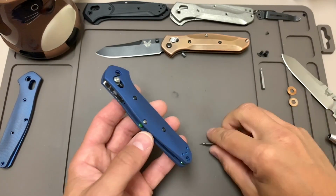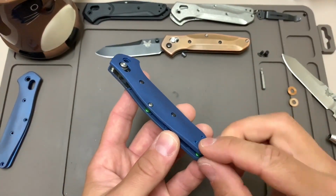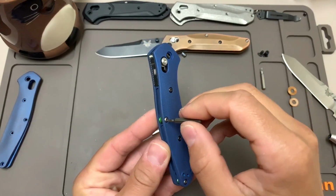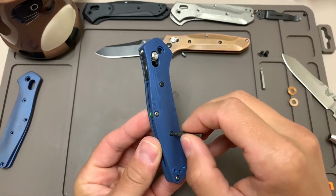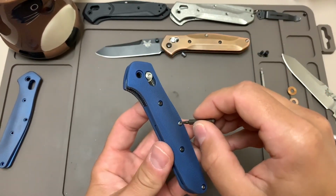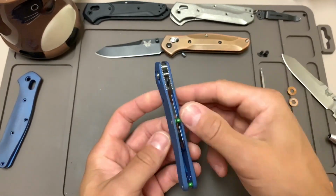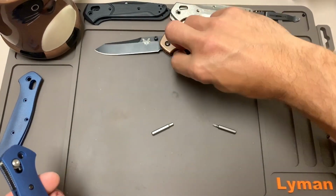Just enough to engage. There we go. Keep everything from being too wobbly, but we actually might want a little bit of movement between the parts as we go to install our blade and pivot screw, and we'll get to that. So I'm actually going to back these off just a little bit, all of them, so that it allows a little bit of fluidity between the parts, or among the parts. Okay. So